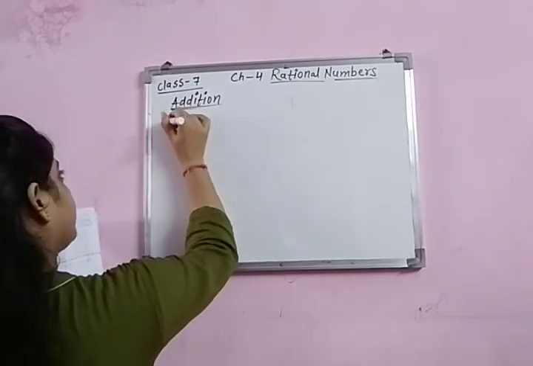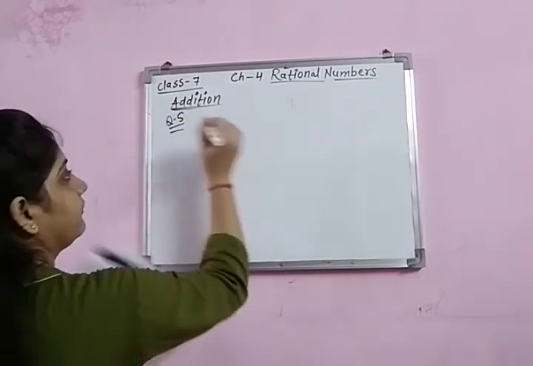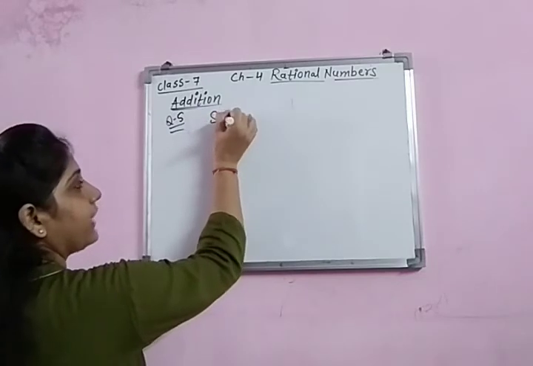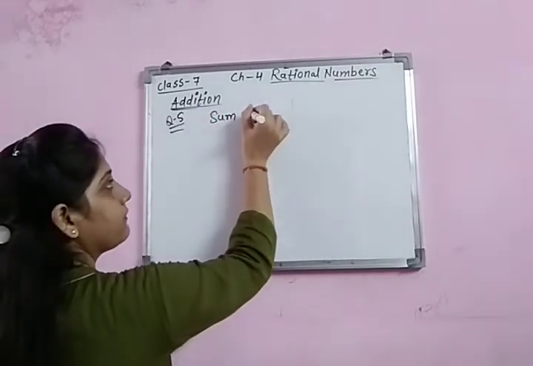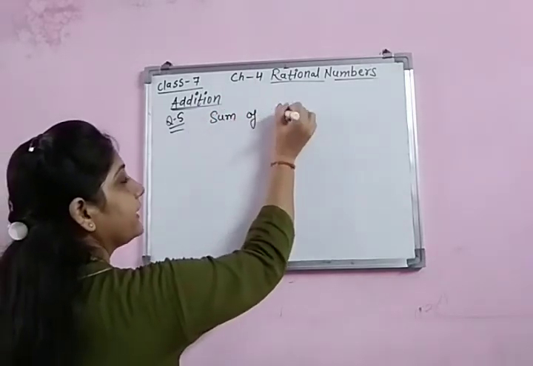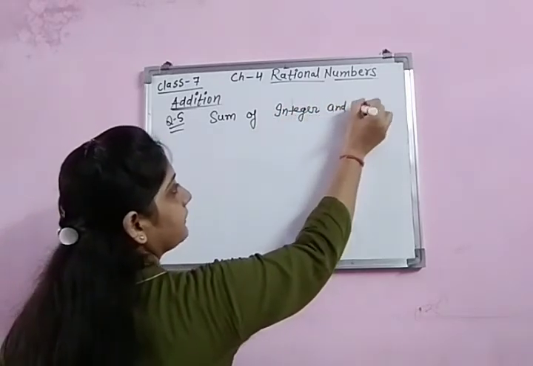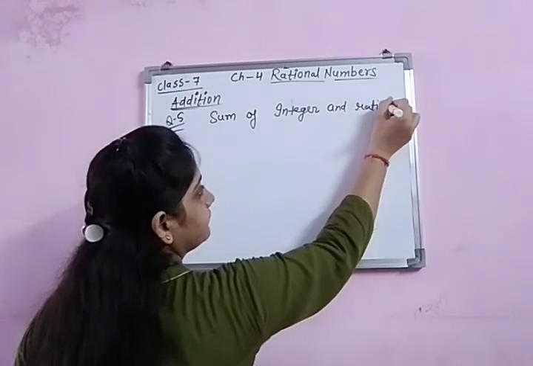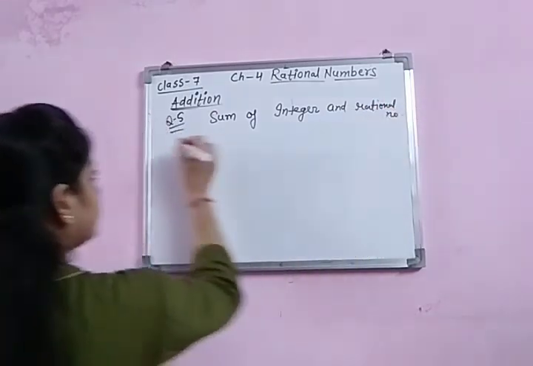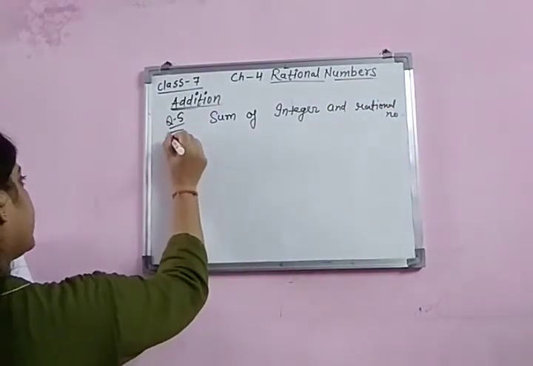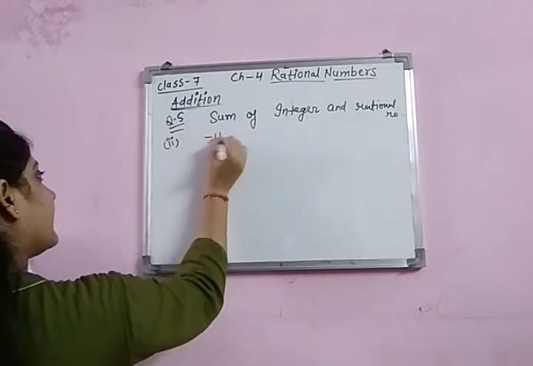Okay. Question number 5. Look, what it is saying: you have to write the given rational number as the sum of an integer and a rational number. Let's see how to write. I'm sharing the second part of this first. Negative 11 by 7.